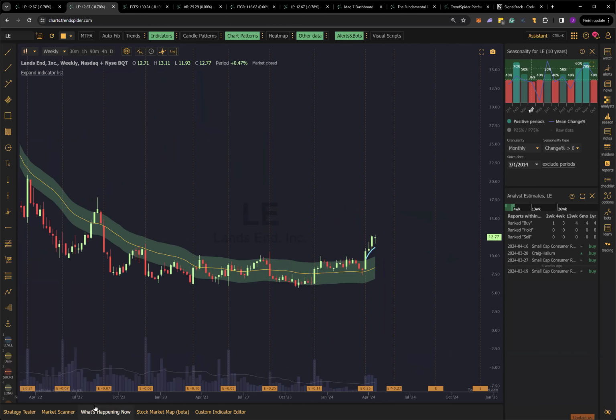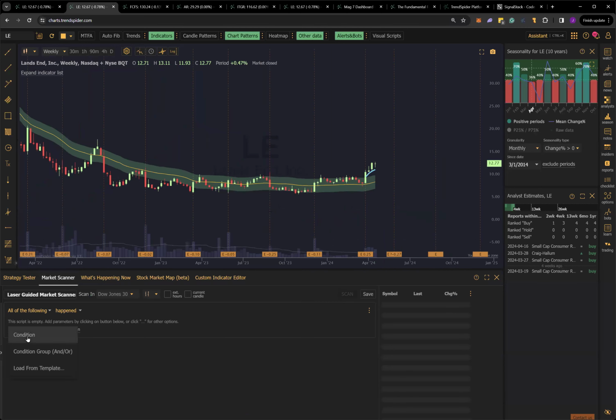Greater than average volume. So you could use RVol for that. So RVol is just relative volume, right? So you would say greater than a constant value of X. So RVol of 1,